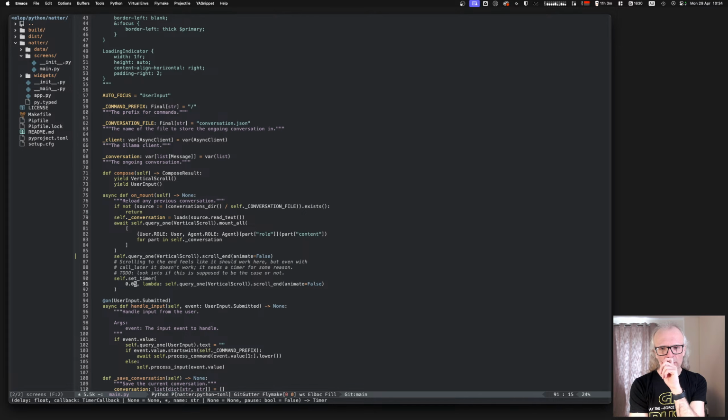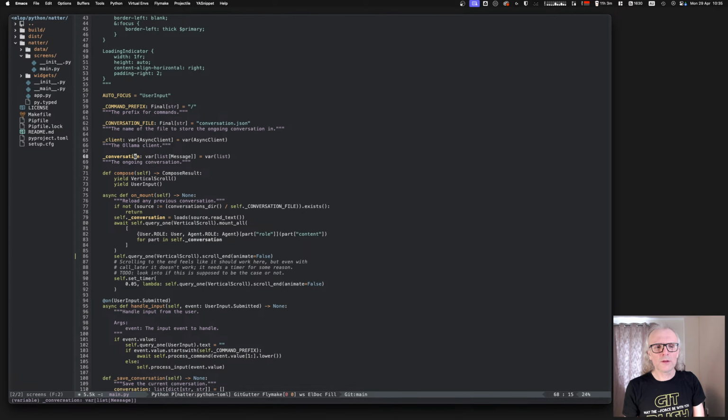I was thinking this morning that there might be a slightly better way of handling this. Rather than doing all of this work on mount, I'm building the vertical scroll here. The conversation, which is what I'm populating it from, is a reactive anyway. So maybe what I should do is, on initialization of this screen, load in any prior conversation.